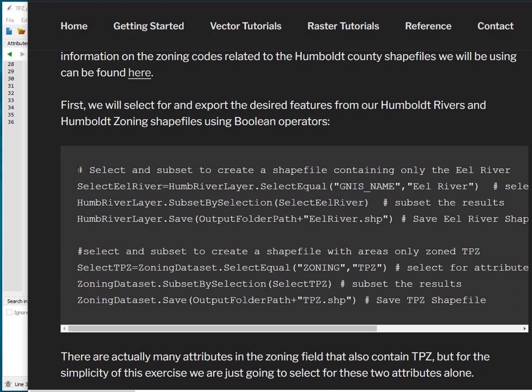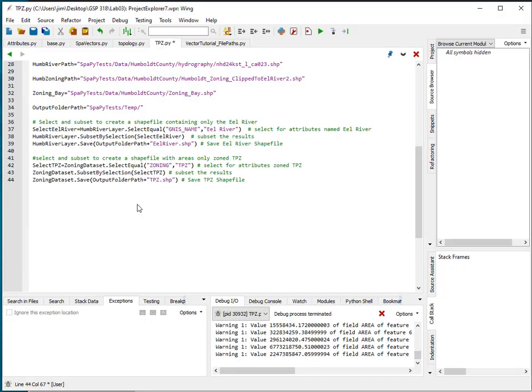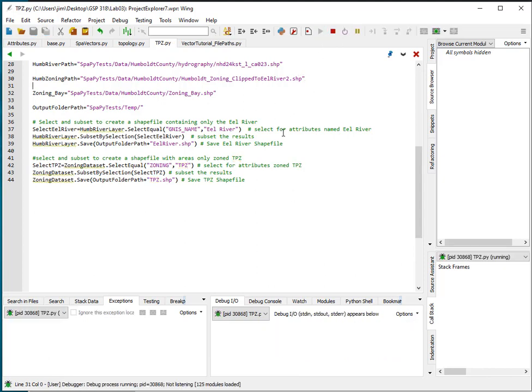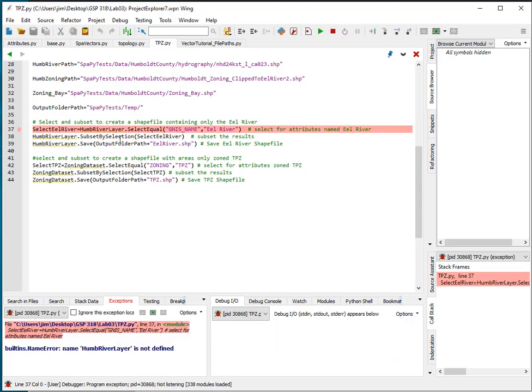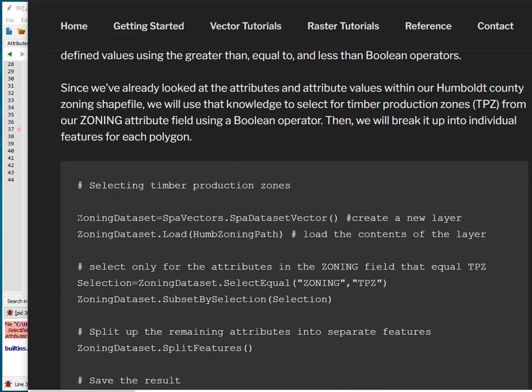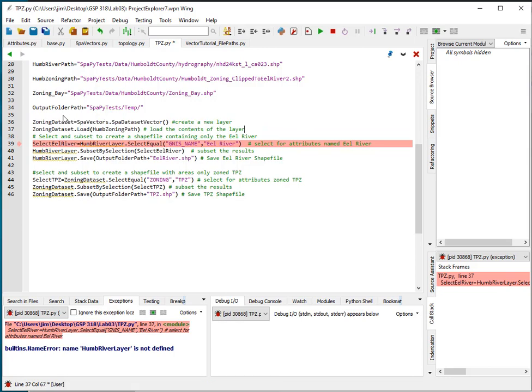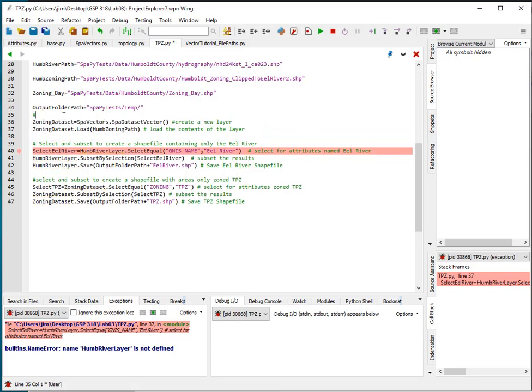So here we've got some code to go ahead and select the Eel River from a river layer, and then also to pull out the TPZ zones for Humboldt County. Now, if I go ahead and run this, you're going to get an error because I haven't loaded the river layer yet. That'll happen with these tutorials because we start giving you less information with subsequent tutorials when we've already covered it before. So I'm just going to go back to a previous tutorial, copy and paste our code for loading in the zoning layer,